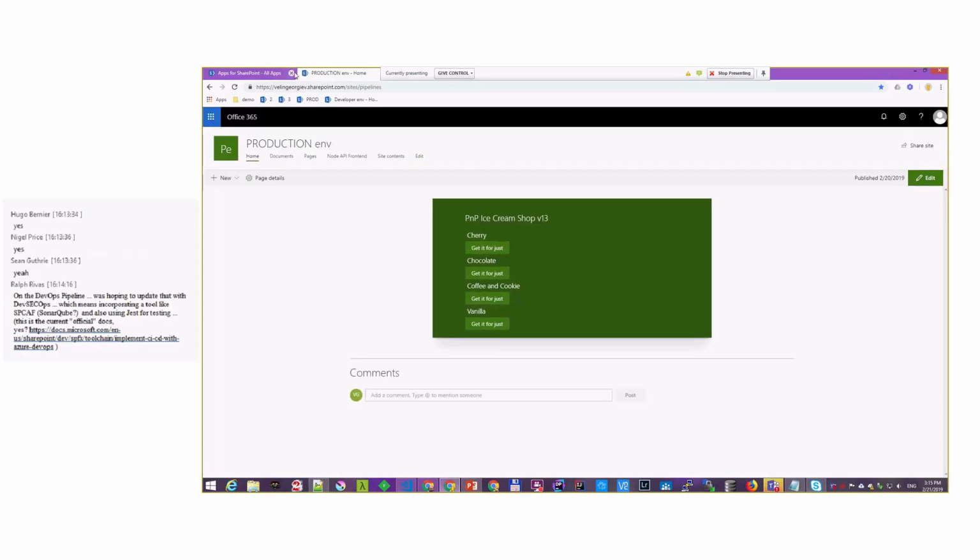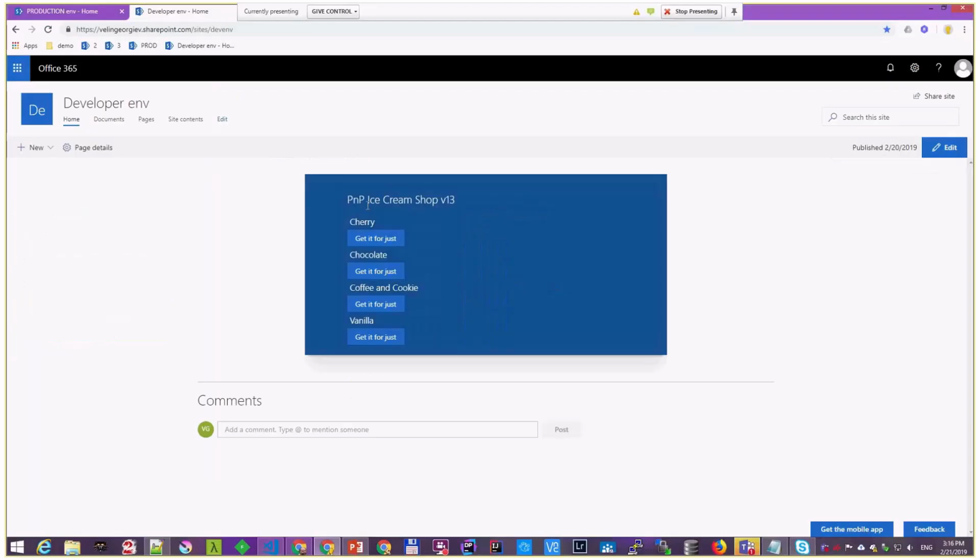So here we have a production environment, and this is my production site. It is pulling information from the global tenant app catalog, and as you can see, it's named production and it's greenish, so we can tell the difference between the developer and the production. On the other hand, I have a development environment here, and it has that blue look, so we can tell the difference. This is my SharePoint Framework solution, and this is my web part, and it's at version 13. So at the end, ideally, we'll increase the version to 14 in both environments, but I'll have to go to